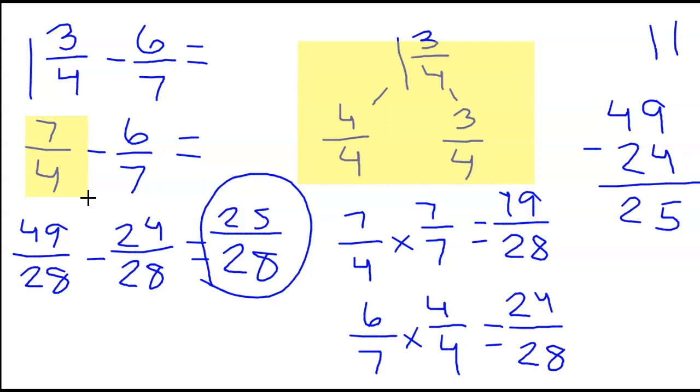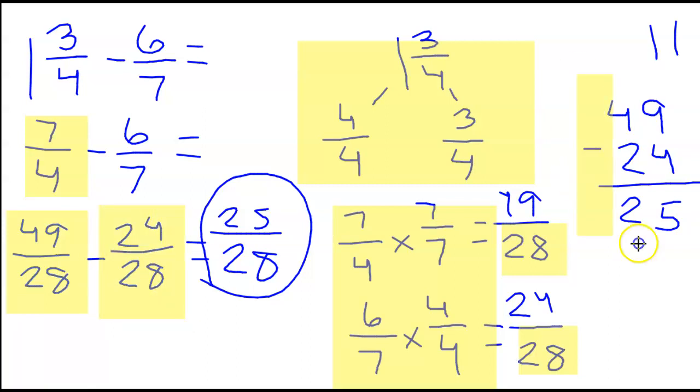Next, I need to go ahead and find a common denominator, a multiple of 4 and 7. The first multiple of 4 and 7 I get to when I count by both of them is 28. So we go ahead and use our identity property to find that 7/4 is the same as 49/28. 6/7 is the same as 24/28. And then go ahead and subtract to get my final answer of